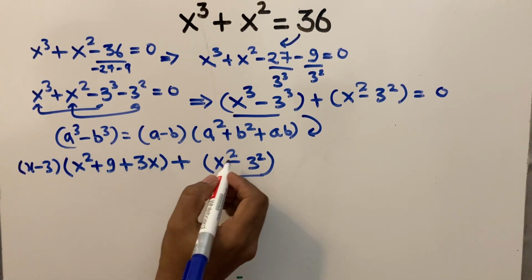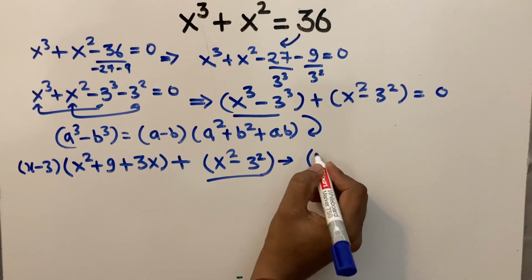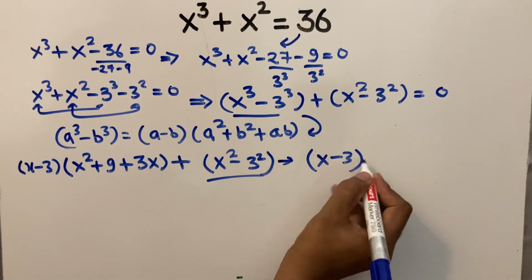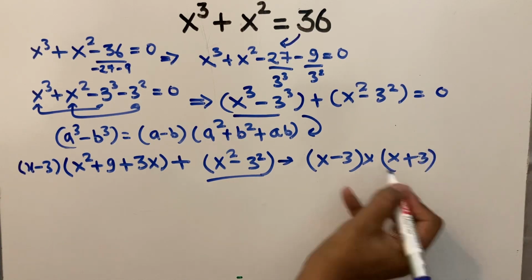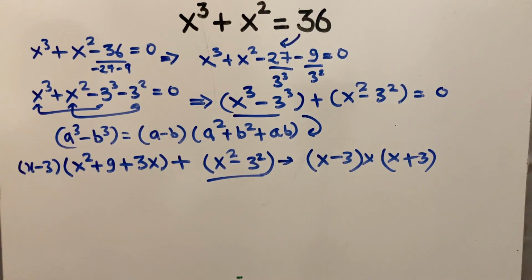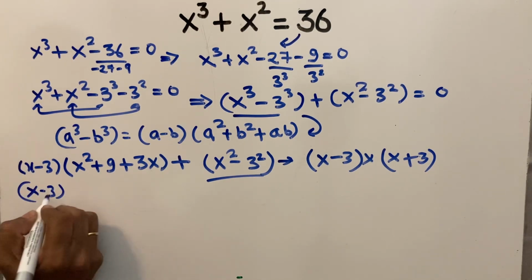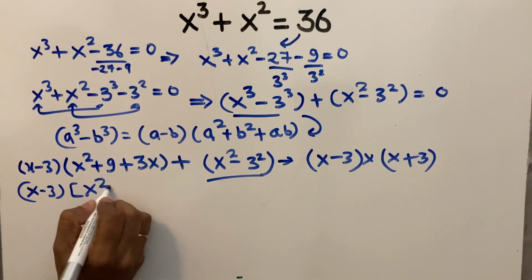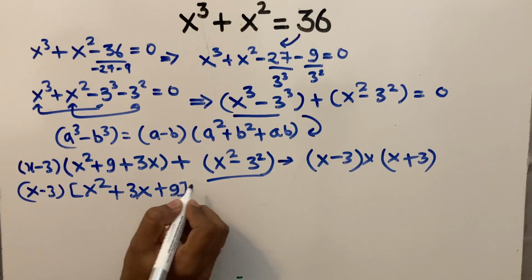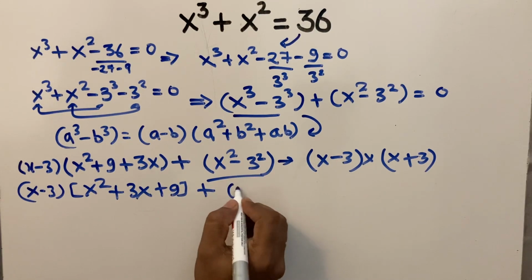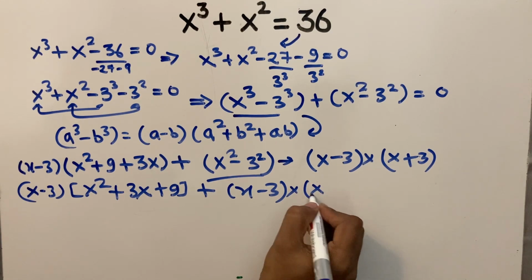As this is in the form of a square minus b square, this becomes x minus 3 multiply x plus 3. So after simplification, this equation becomes x minus 3 bracket x square plus 3x plus 9 plus x minus 3 into x plus 3